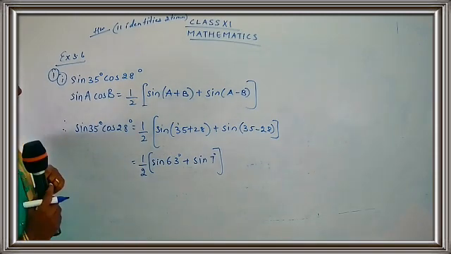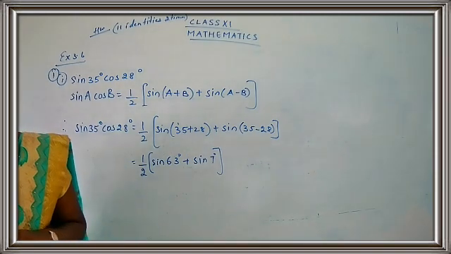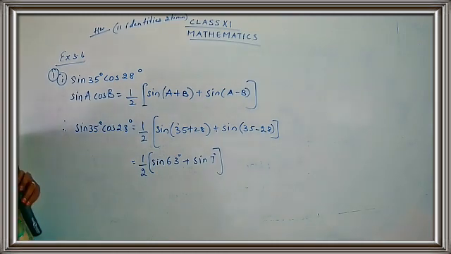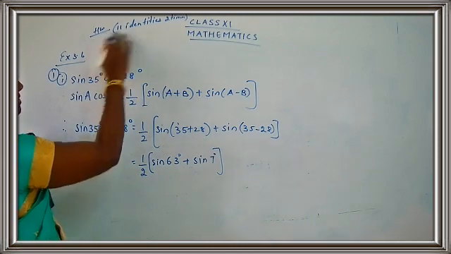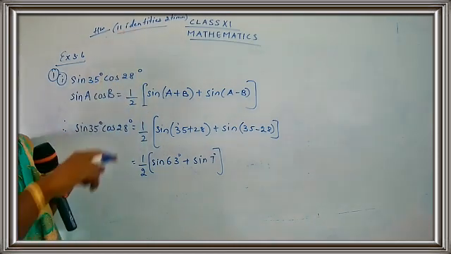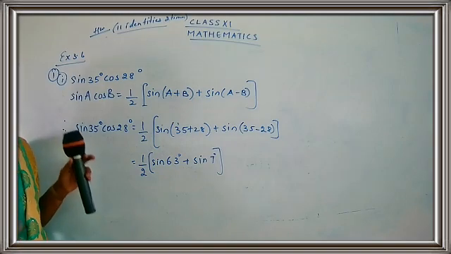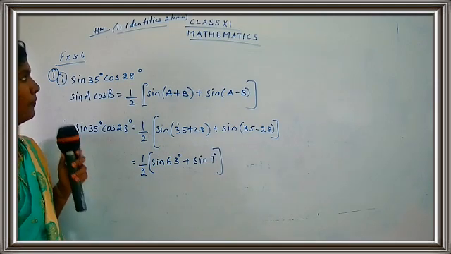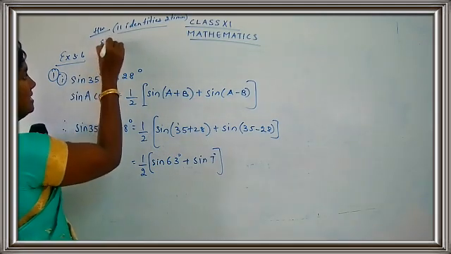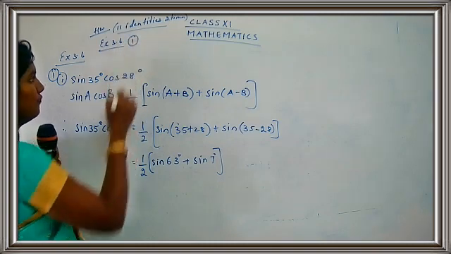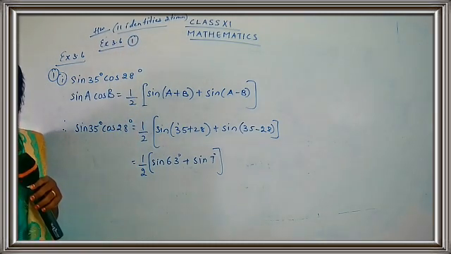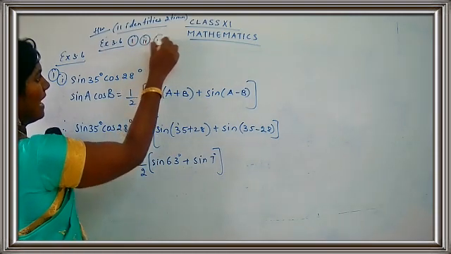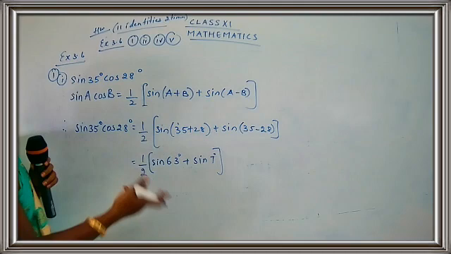Now your homework is to complete the second one, the fourth one and the fifth one from question number 1. This is self-study work. Don't think that ma'am is giving more work. The identities are the basic thing that you should know, so you have to keep on writing the identities. That is your separate work. Your homework is to complete exercise 3.6, question number 1, second, fourth and fifth subparts. Just a three-line answer, that's all.